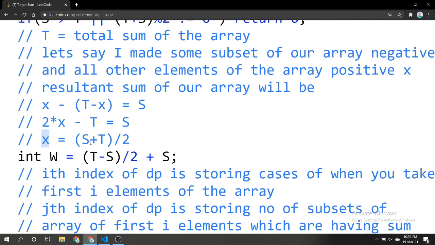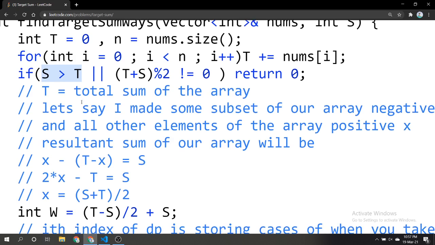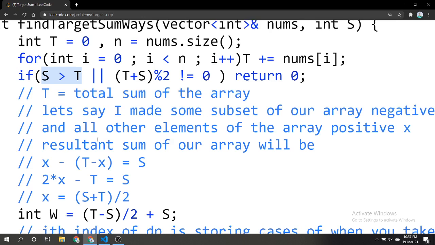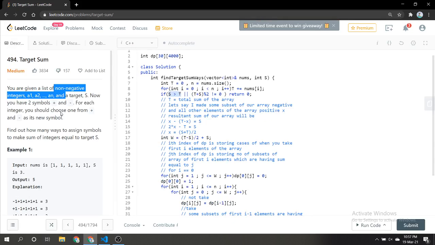So these are just the things I am doing to handle the overflow, and here is the condition that t plus s should be even, and s cannot be greater than t obviously, because we are decreasing some elements from our t by making them negative, as all the elements of our initial array are non-negative. Thank you.